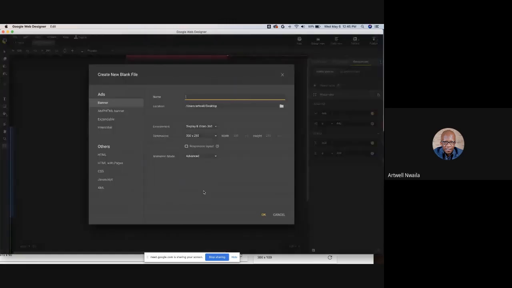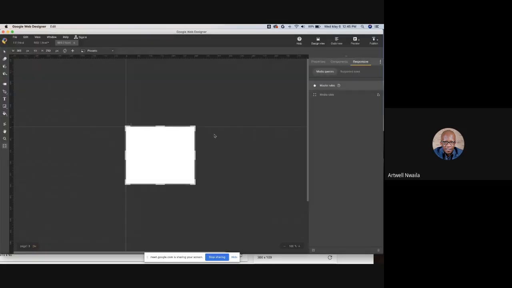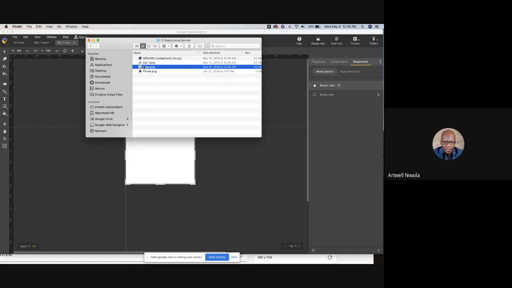Now I'm going to attempt to create a full responsive banner just so you can see the full workflow. So I'm going to title it responsive 2. I'm going to click on the responsive layout tab. I'm going to still open with a base canvas of 300 by 250. And I'm going to click OK. And what I'm going to do is I'm going to bring in some creative assets that I'm going to use for my